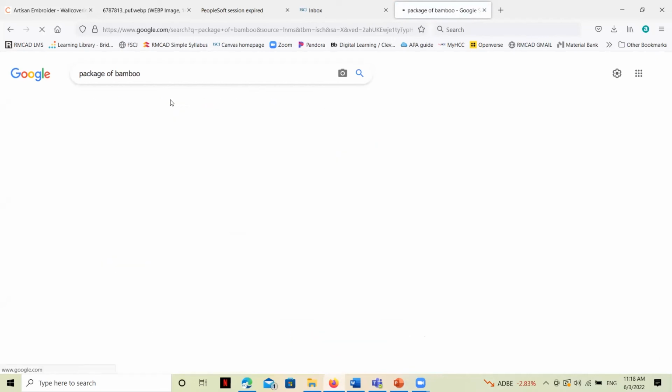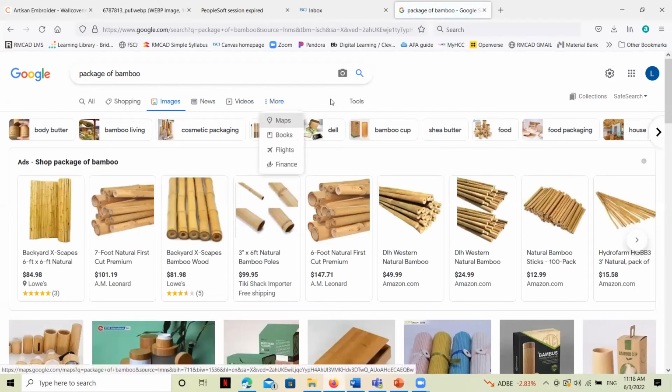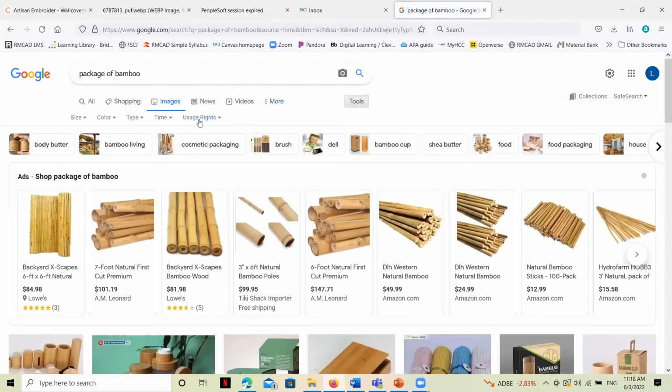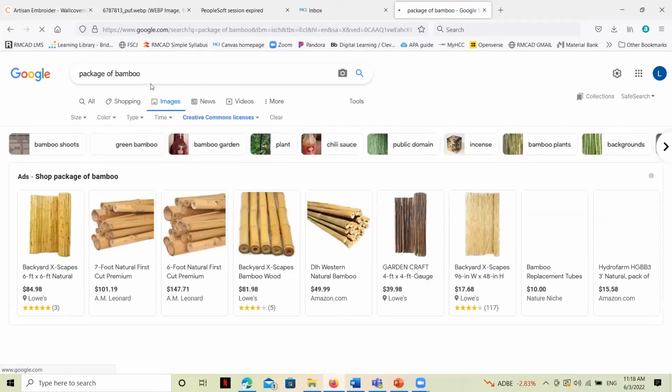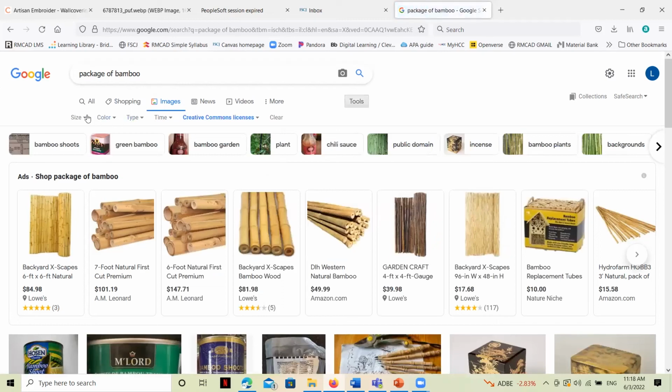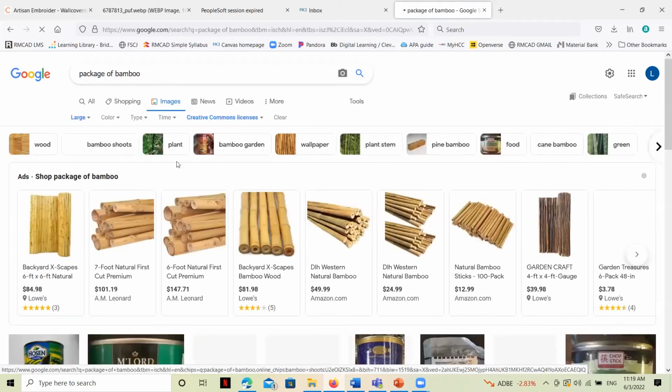I can adjust just to see images. I can also go to Tools and go to Usage Rights and use Creative Commons licenses. Those are images that are used for students or for educational purposes, or that are just free for anybody to use. So we want to make sure we do that. And then we might also want to make sure that the size of these images is at least medium or large so that they're high resolution.